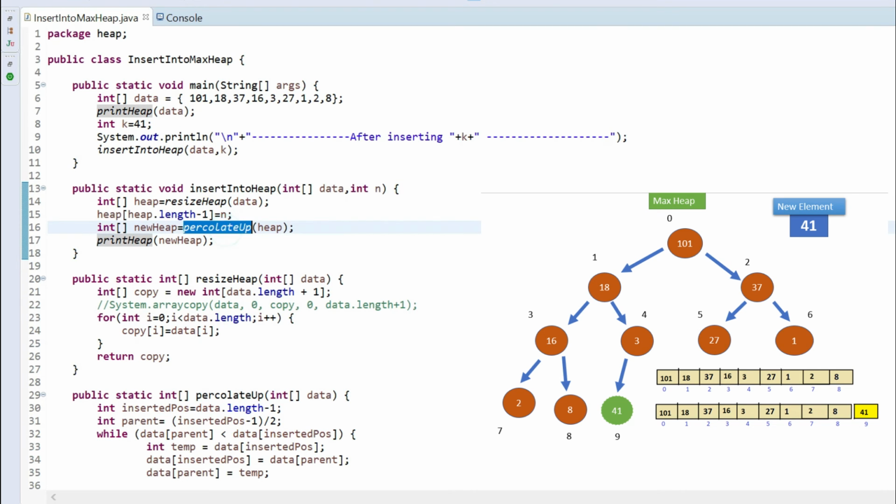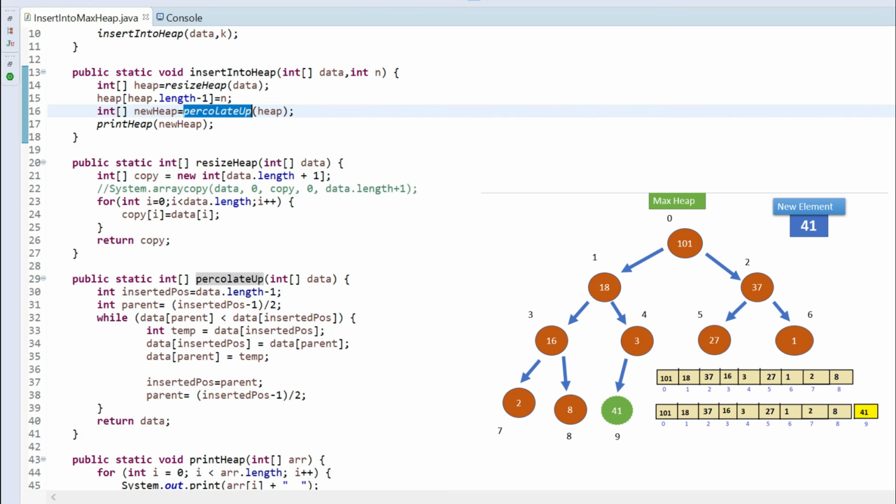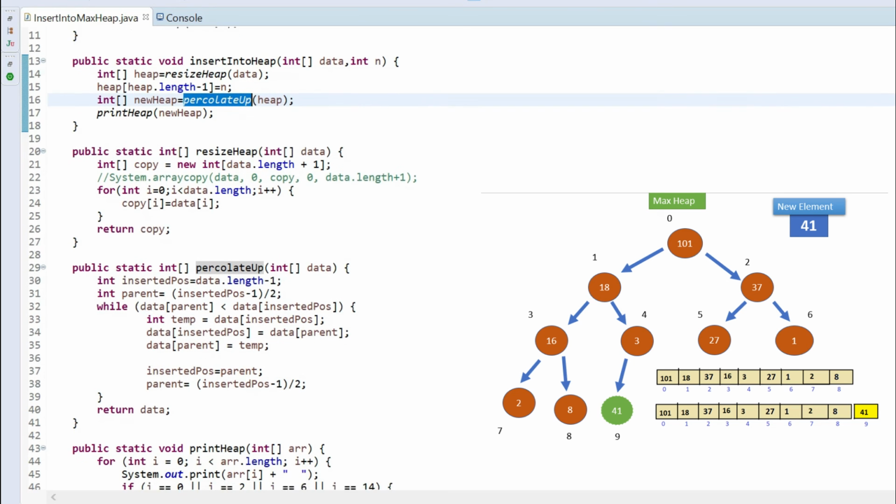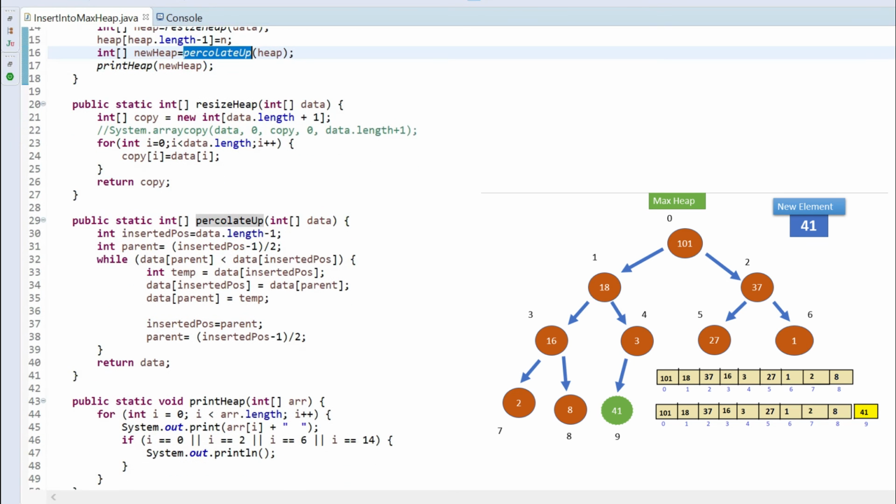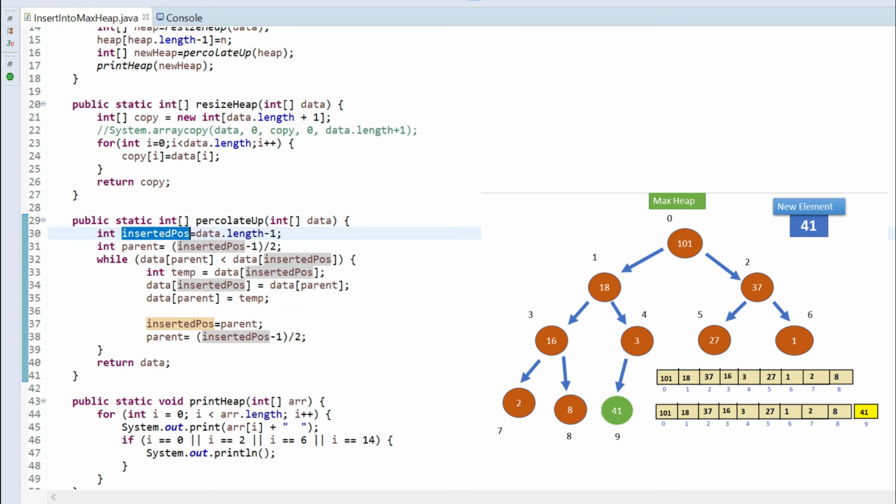So in the percolate up method, here you can see I am taking the new array where 41 is already placed. Then I am checking the inserted position. The inserted position is the last position, that means data.length minus 1. In the last position it is as of now present.